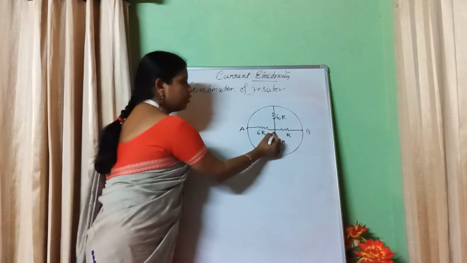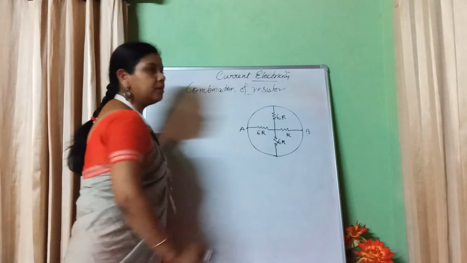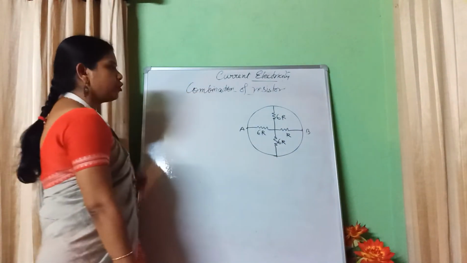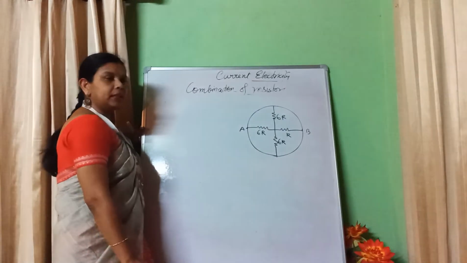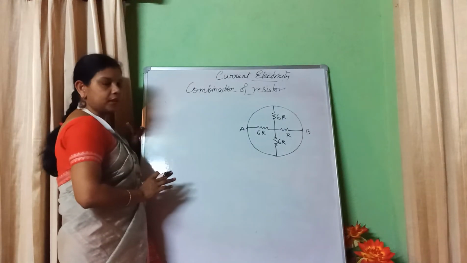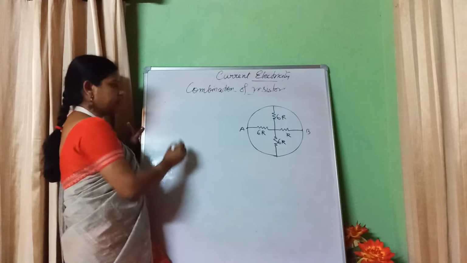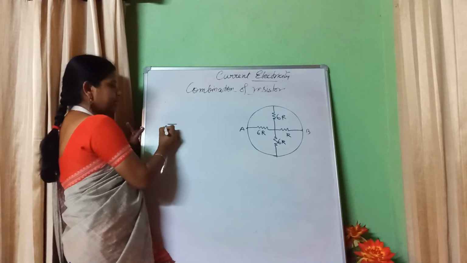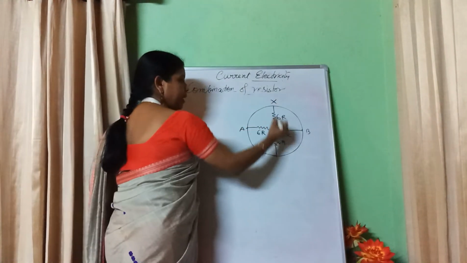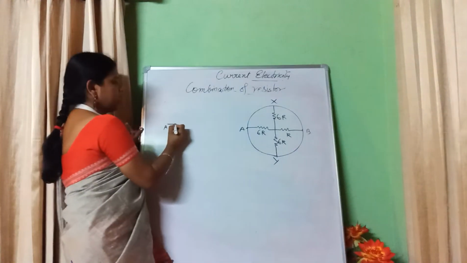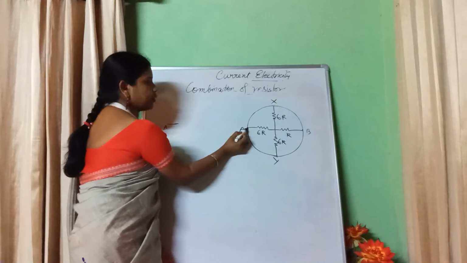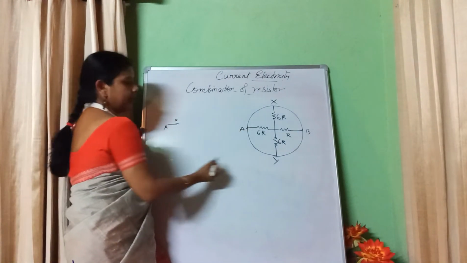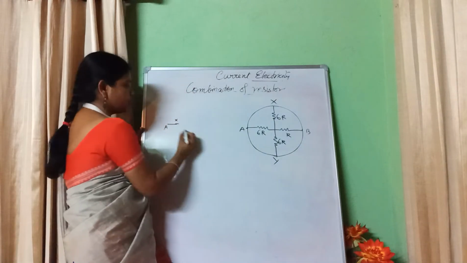Now if we join it, cross means it is a joining. Since it is a joining, how do we do it? We will draw an equivalent circuit. Let's start with A. So this is my terminal A. Let us consider this to be X, this to be Y. So X can be considered to be A. X, Y may be assumed to be at A.